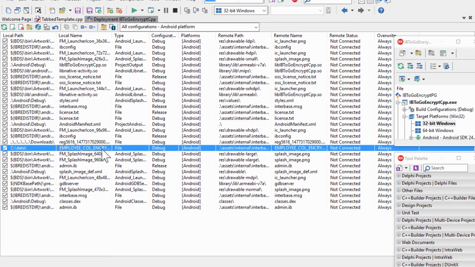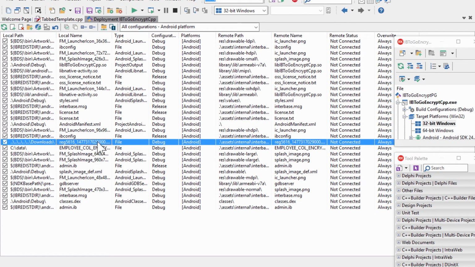Here we added our InterBase ToGo database file, and for the remote path on our mobile device, we set it to Android's Documents folder, which is the internal storage location for Android, which is ./assets/internal. And we do the same for our InterBase ToGo license file, and we give it the same remote path